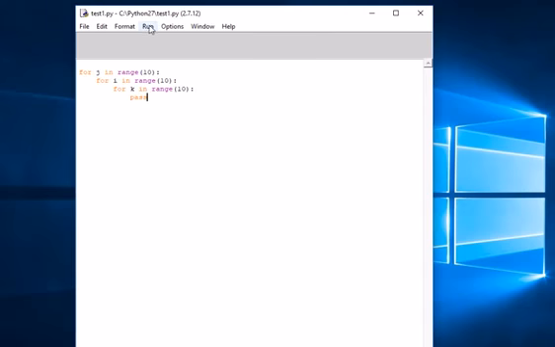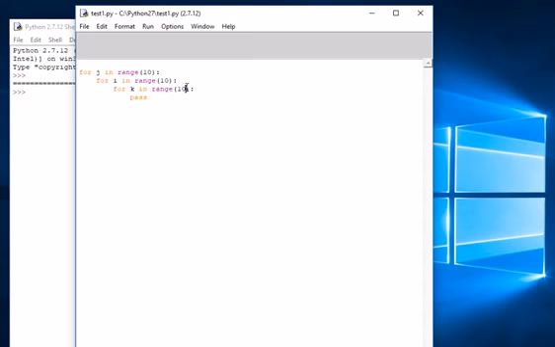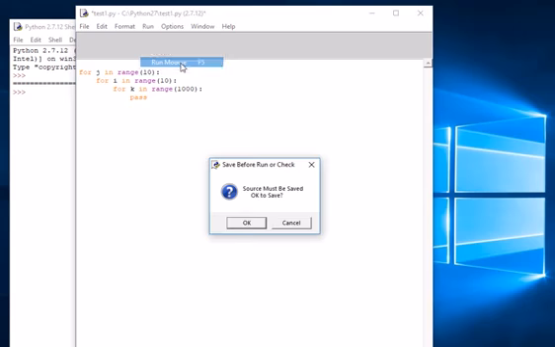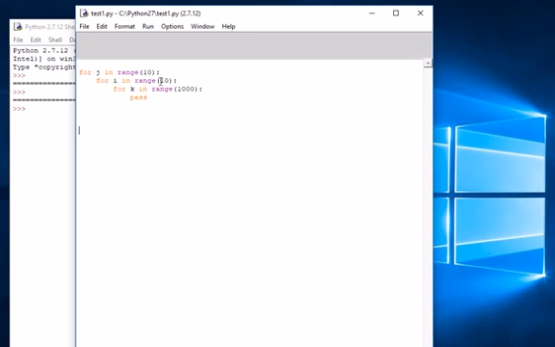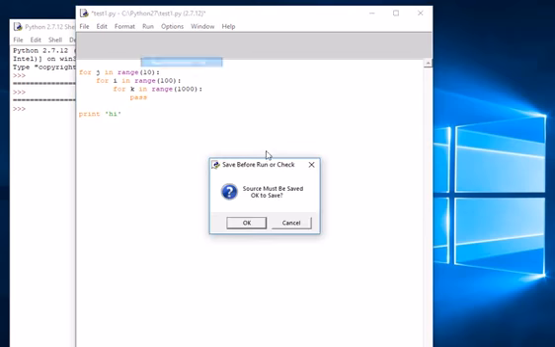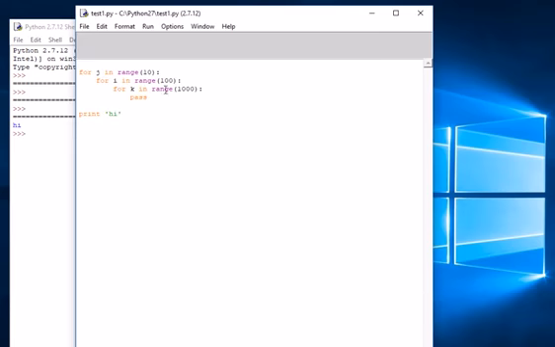Okay, if I increase this to say 1000, now if I run this code, there was not much delay. If I increase this to another 100, and after it comes out of the for loop, if I put print hi, now if I run this, it took a small delay.